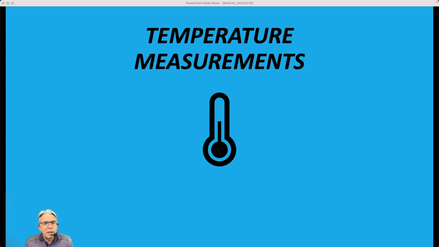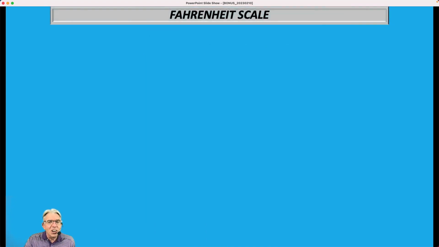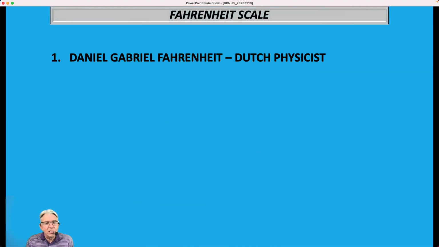We're going to talk about temperature measurements. And so the only logical thing in my mind to say about that was, let's see if we can't scale things down. All right. So first, the Fahrenheit scale, the one that all Americans are familiar with, invented by a